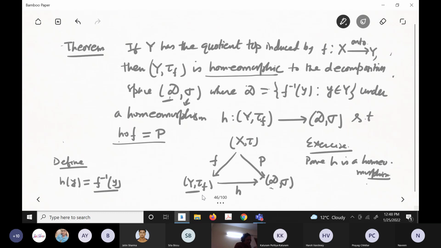Look, I am giving it another name, but F inverse Y is the same thing that is coming in that. Y is going to this, so you can prove H will be a bijection. Of course, H is onto, because these are the classes precisely. H is onto, and H will be a bijection because H(y1) equal to H(y2) means what? That means f inverse y1 equal to f inverse y2. That means whatever element x you take, f(x) will be the same as y1 and y2.